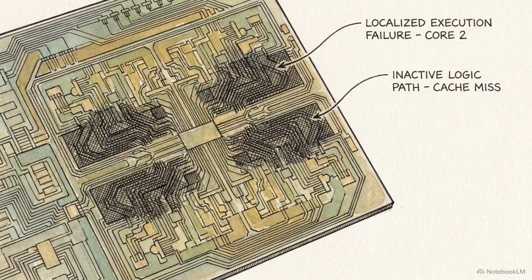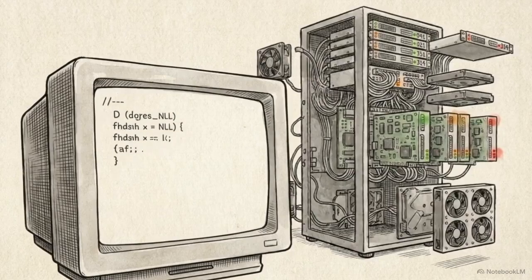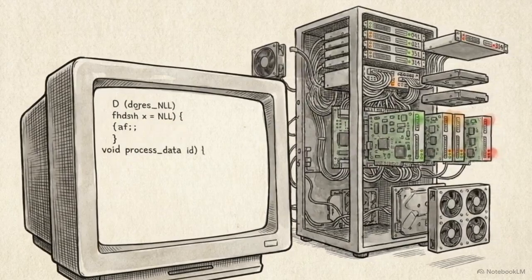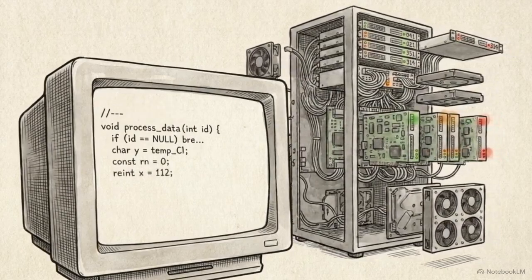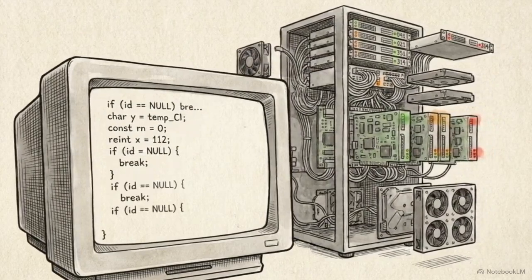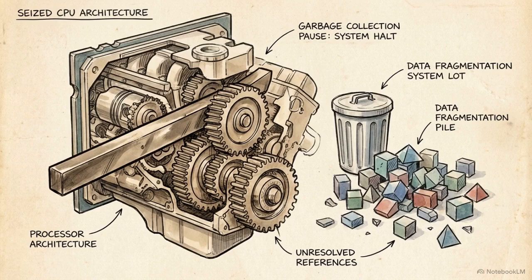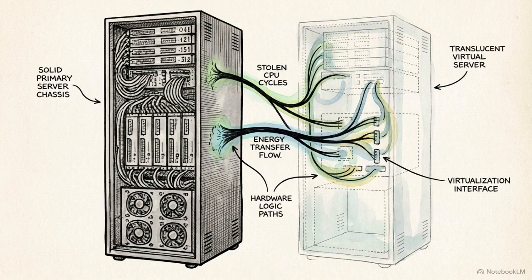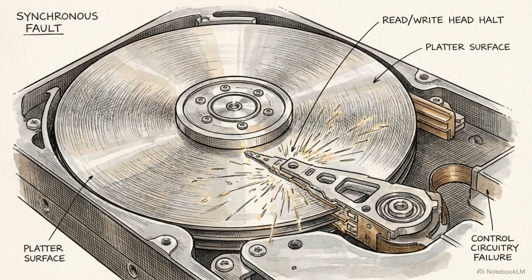A process cannot even trust its own local execution speed. Operating systems routinely pause a running thread without warning. The code is suspended mid-instruction, frozen entirely while the rest of the world moves on. These pauses are triggered by routine maintenance. A language runtime stops all threads for garbage collection. A hypervisor will steal CPU cycles to run a neighboring virtual machine. Synchronous disk access or memory page faults will force the processor to wait.